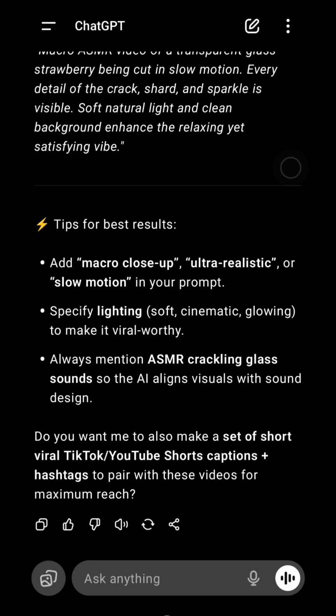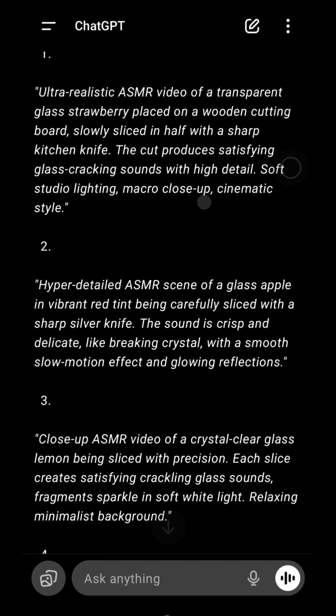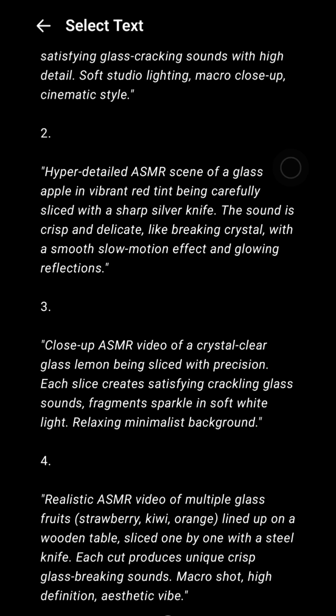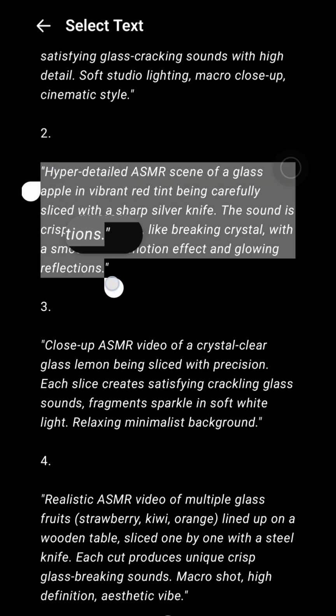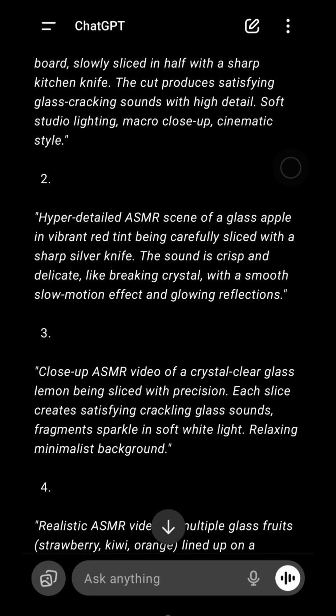Just look through these suggestions and then pick the one that you like best. I will choose this one. And then just copy that prompt like this. Next, just open Google Flow